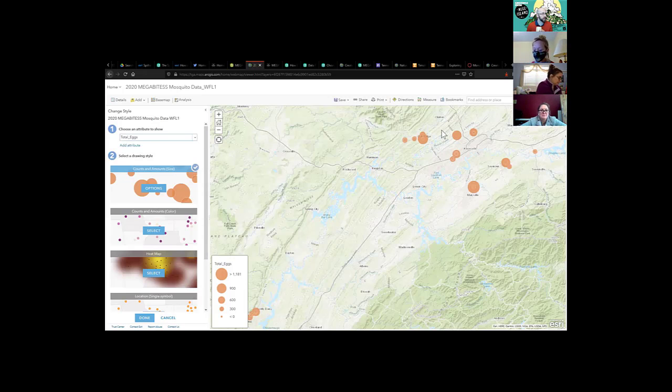If you're mapping numbers, here's what I think you should use. And it's color, and it's changing the size of the symbol based off of the magnitude of the data value. So this is technically called a proportional symbol map. So the size of the symbol is proportional to the data value.